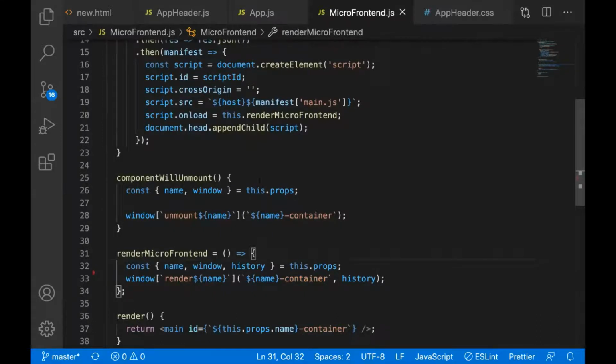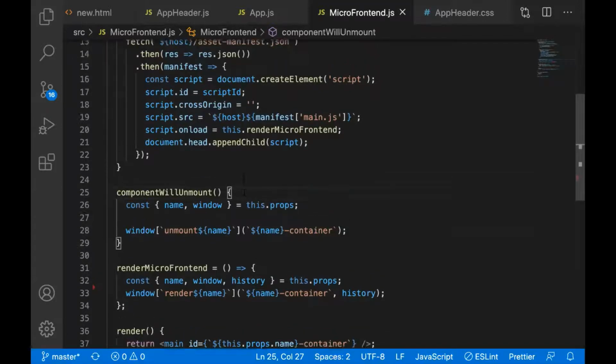Another thing is that whenever we switch micro frontends, suppose we have loaded the user micro frontend but now we want to change to the feedback or product micro frontend page, in that case we have to unmount, we have to clear the data. For that there is another function on the micro frontend, unmount, like unmount product, unmount feedback, and here we are giving the ID of the element, which will unmount the component at the node. That's to clear our previously loaded micro frontend. That's how it is implemented.